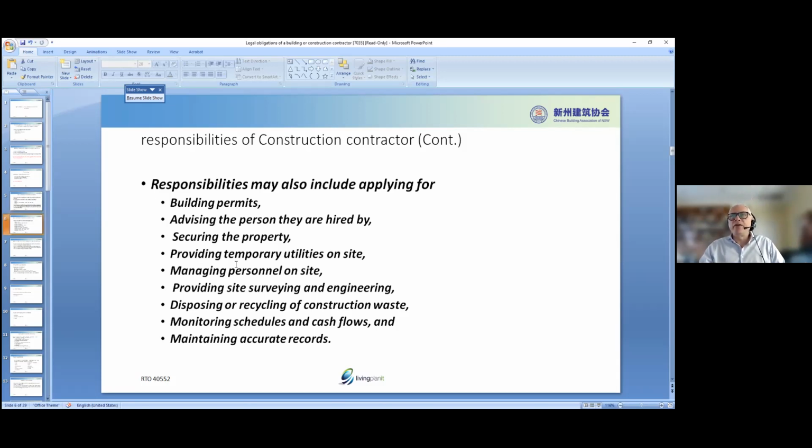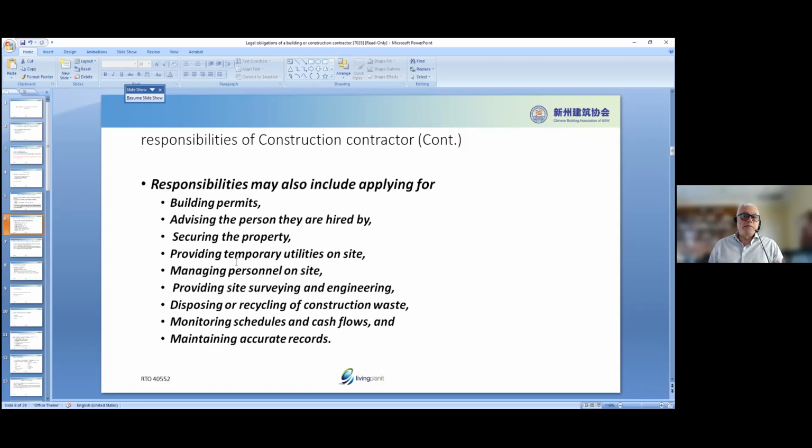So providing temporary facilities or utilities on site. This could mean things like site sheds, other facilities, first aid facilities, okay, lunchrooms. Depending on the site, we have different requirements. And to get all this information, we go back to the code, to the Act, okay? The Act will tell us what we need to provide.